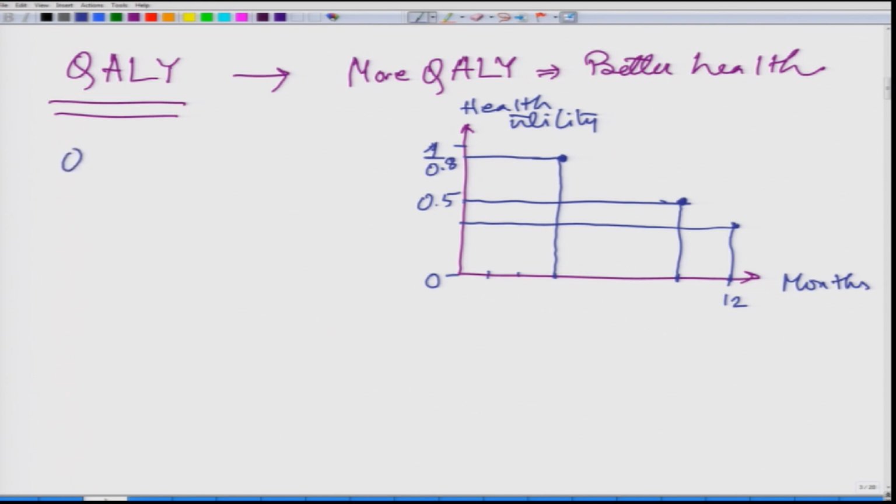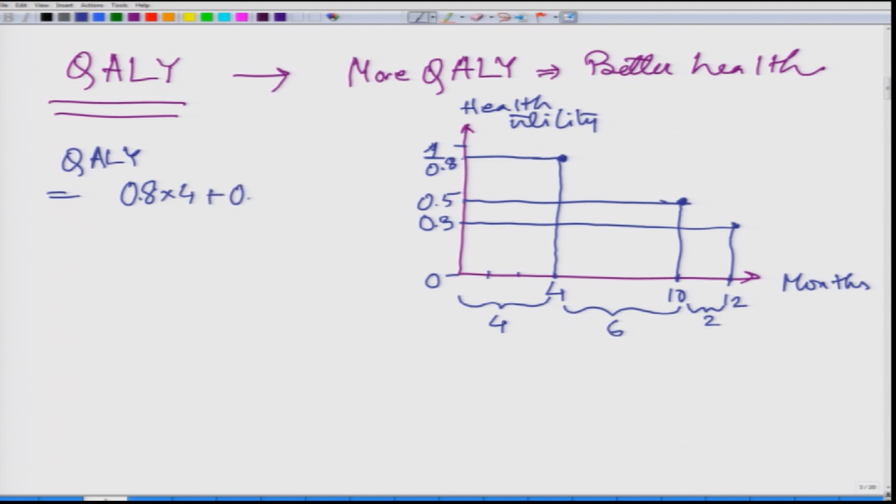So in this, my QUALY is equal to, you can see, 0.8, and the person's QUALY of 0.8 was for 4 months, and 0.5 was for 6 months, and 0.3 was for 2 months, right? Therefore, if I try to take an estimate, what we'll do is 0.8 into 4